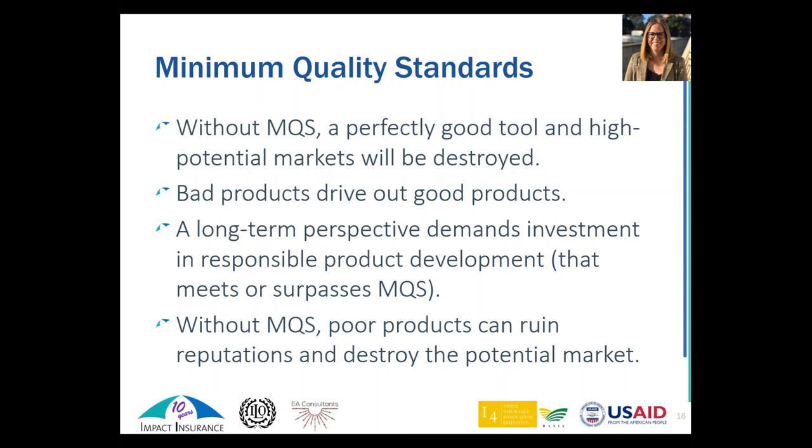So the tool we've put into the 3D tool is a way to measure this indicator and provide results to these important questions of whether a farmer would be better or worse off. It uses historical data as an estimate for farmer income and also historical data on index insurance to answer these questions. What we need to keep our eye on, and I think the 3D tool will help with, is bad products can drive out good products in a market. If there are consistently poor quality products being put to market that fail when farmers need it, this is going to drive out the market for good products as well, as farmers lose trust in insurance in general.